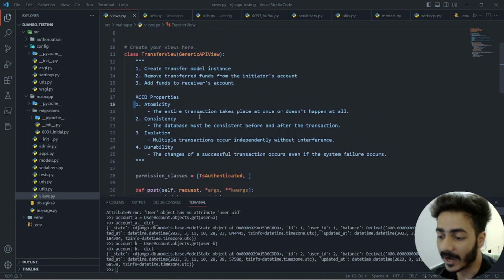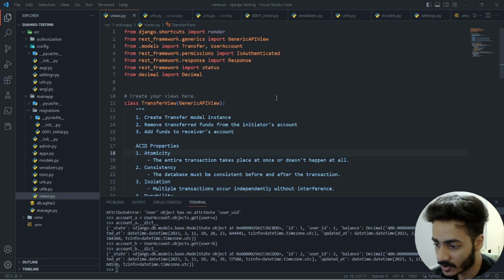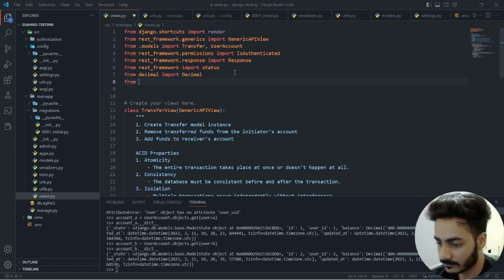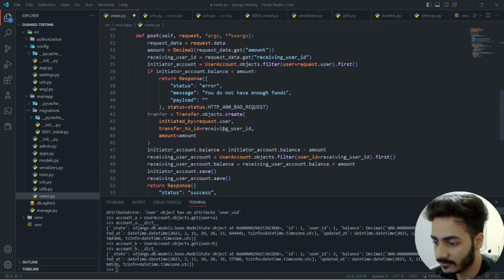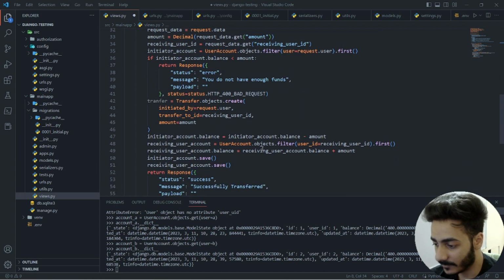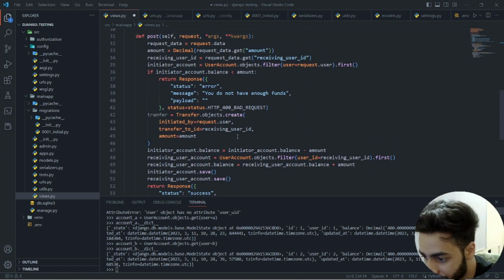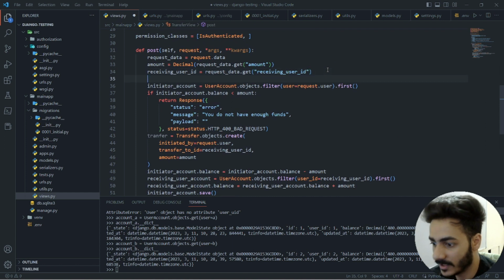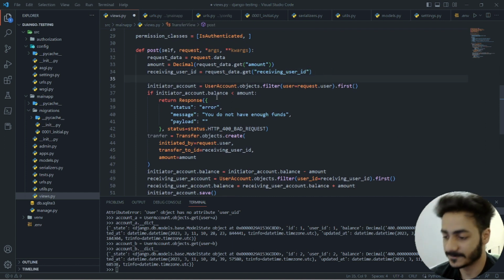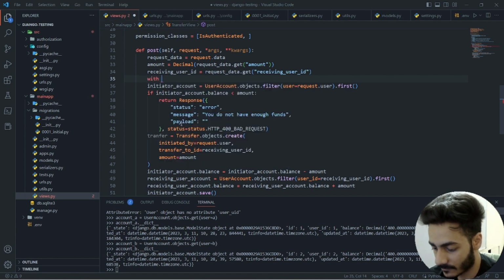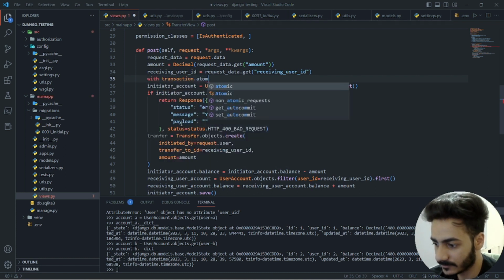And that is what I have added in this comment as well. So for doing that, we will have to import transaction, and if you notice here, the first operation that we have performed here that actually has to be performed, that is starting here, right, because here we are checking the funds. So here we will have to start the transaction with transaction.atomic,